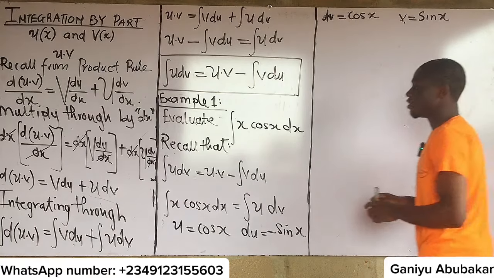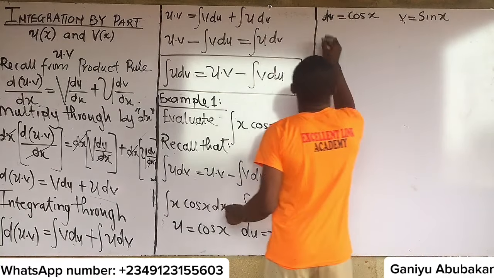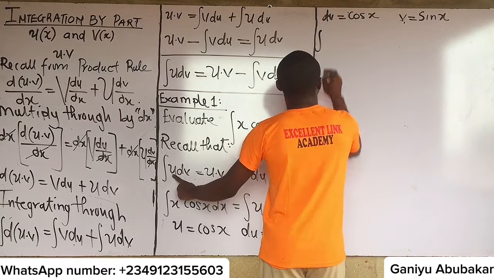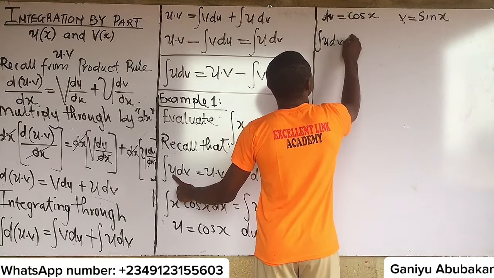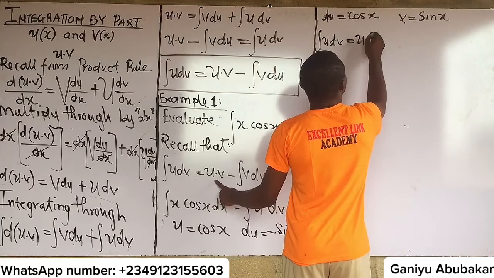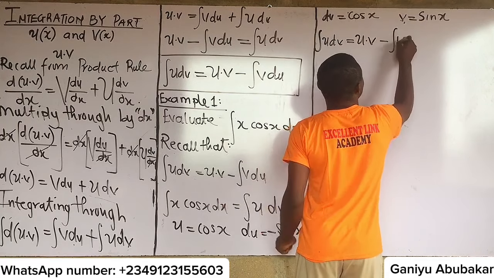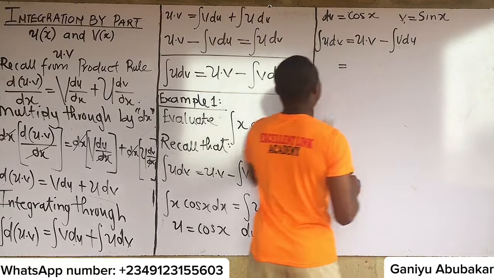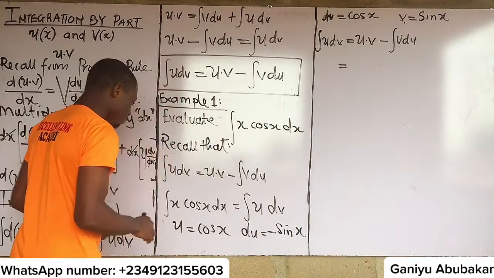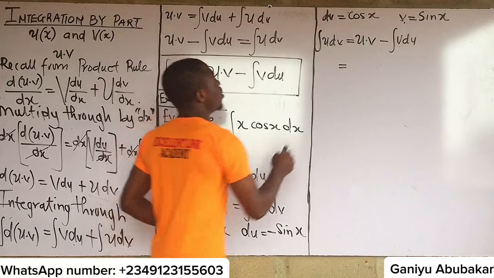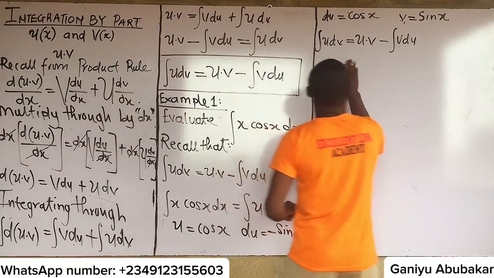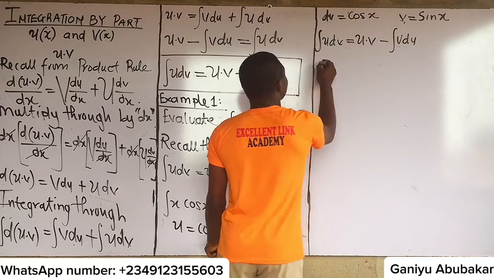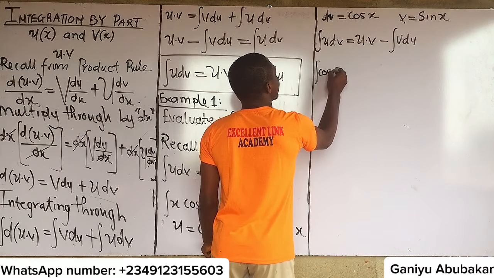Let's get the value, please. It means that the integral of u dv is equal to u times v minus the integral of v du, which is now equal in value to what's u? Or perhaps we said u is what? cos x. I'll have the integral of cos